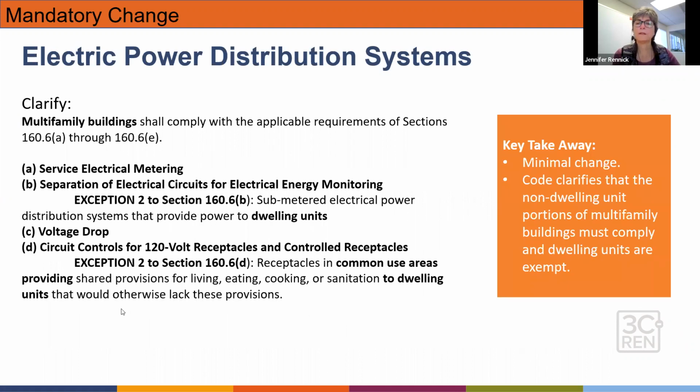For the electrical power distribution system, really, there is not too much change from what you would have seen in the non-residential section. It's just that now they've clarified that these same kinds of requirements are applicable to multifamily buildings. So minor changes and clarification that the non-dwelling unit portions of that multifamily project must comply with these requirements for